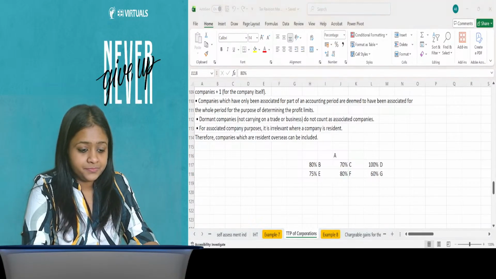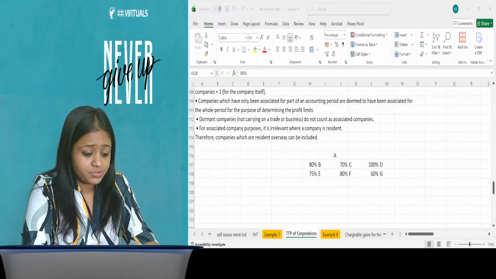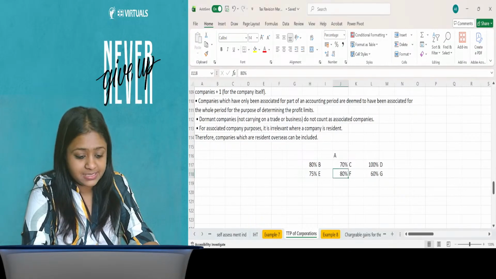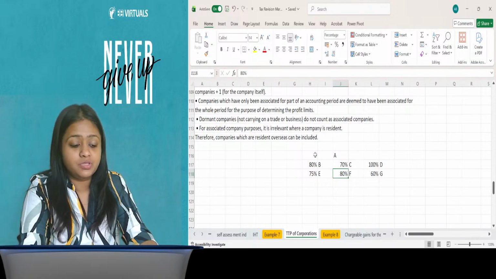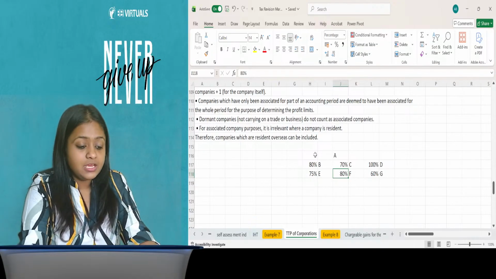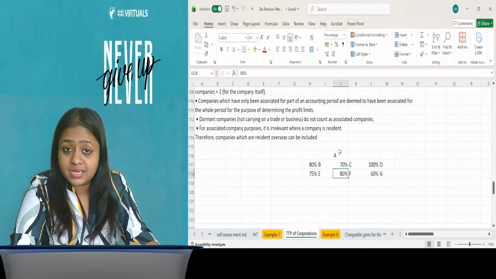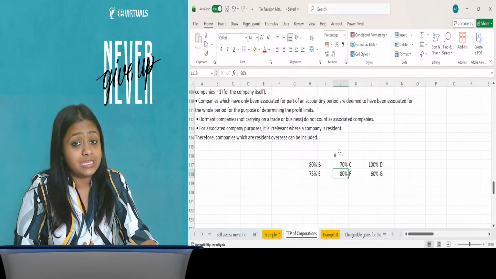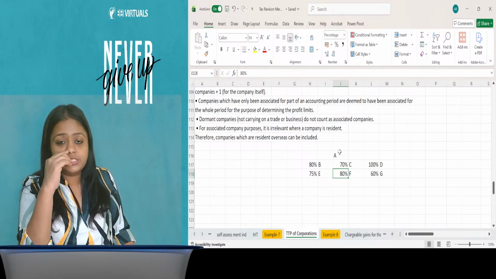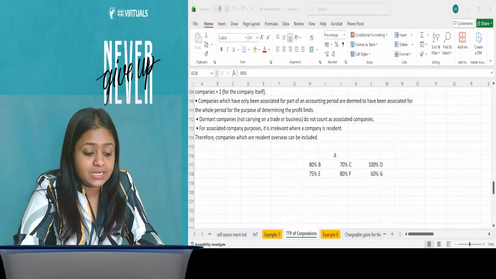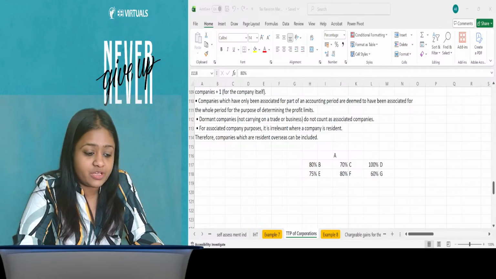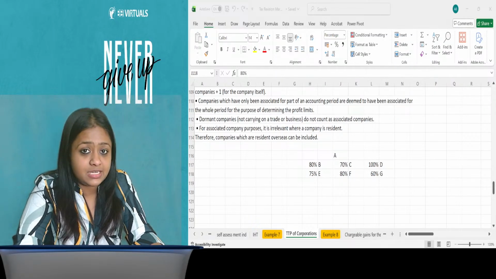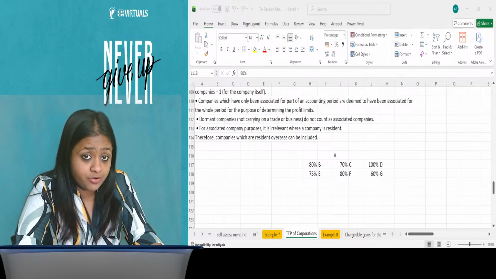Okay. So everybody, I have resumed again, so please be with me on my screen. Now here I was discussing a case just to make you understand the concept called associated companies. So just look at my screen. I am taking a main group company, which is A. Now A has some subsidiaries, which are entity B, entity C, and entity D. A's percentage of investment into the shares of entity B is 80%. A's investment into C is 70%. A's investment into D is 100%.